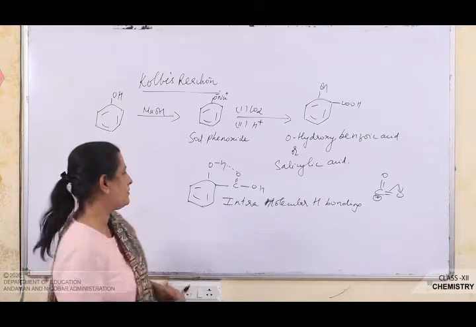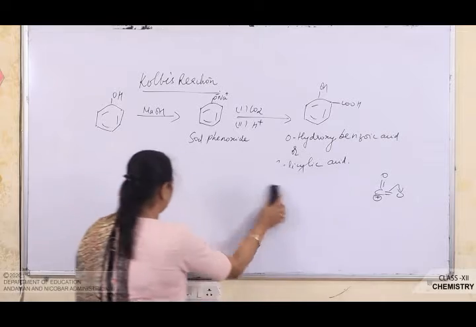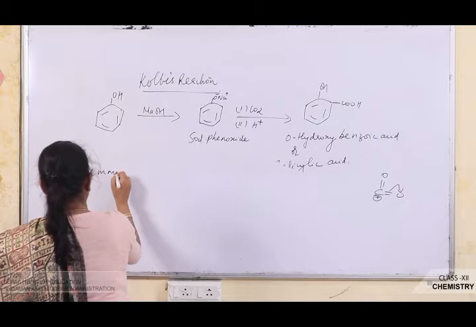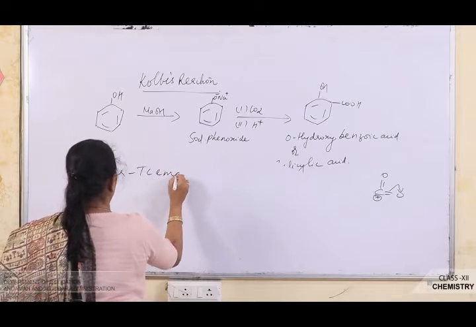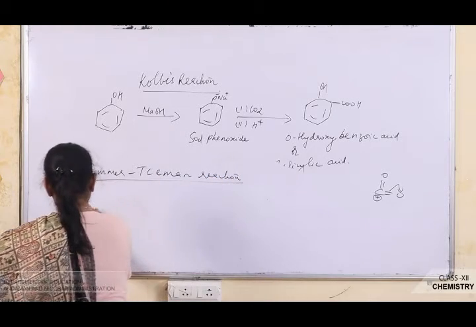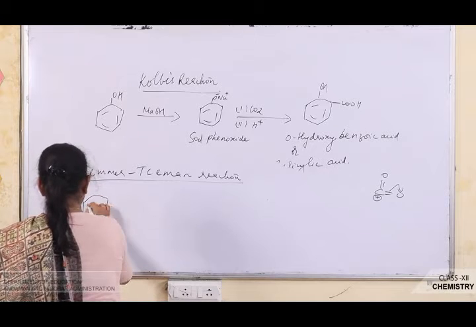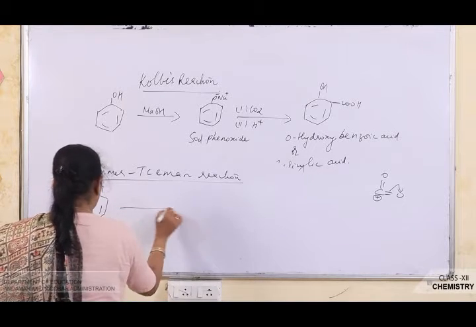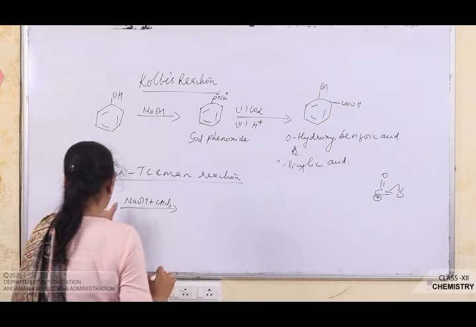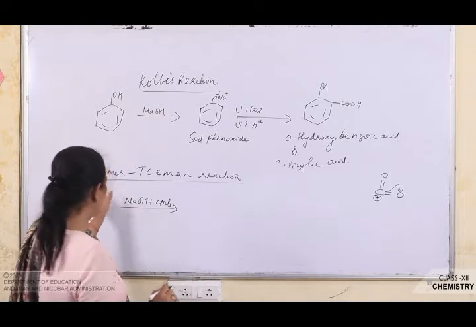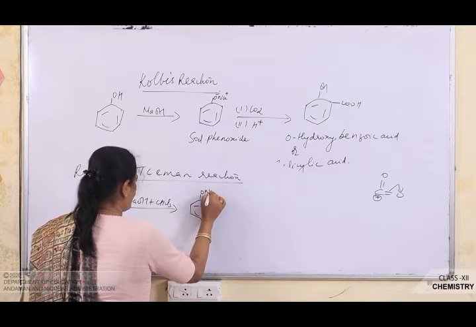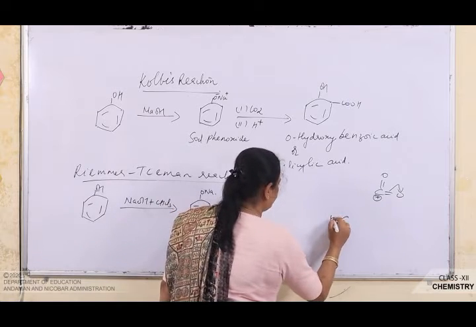Next reaction is Reimer-Tiemann reaction. In this case also, see here, phenol reacts with sodium hydroxide and chloroform, a mixture of sodium hydroxide and chloroform. So sodium hydroxide will react where? Here, because of its acidic nature, sodium phenoxide. Now see here, in case of chloroform,